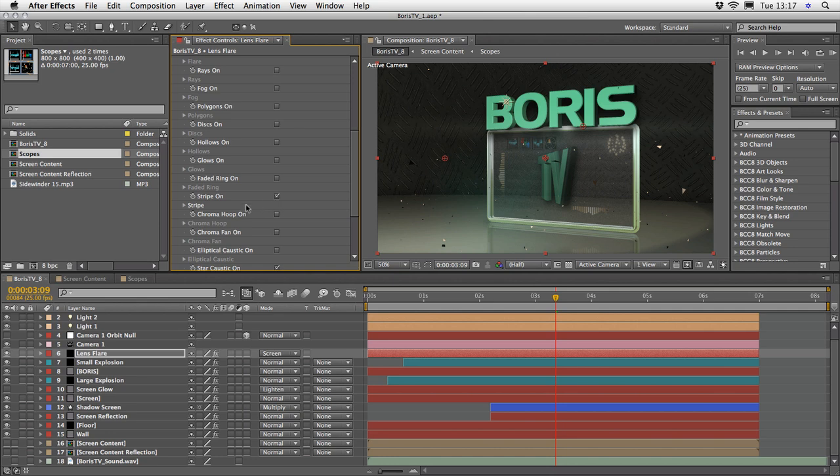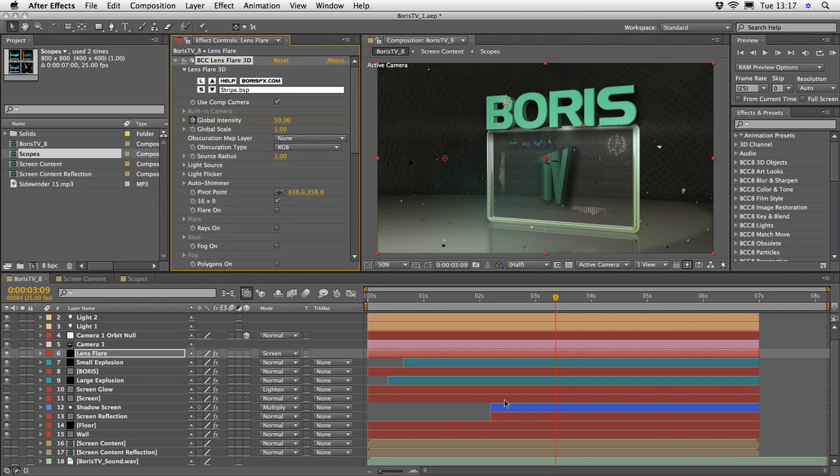leave the stripes on. And of course, under each one of these, you have many parameters to choose from. So this is once again very subtle, but I think it will contribute to the whole atmosphere. And then once everything is in place, I raise it back to 32 bits per channel and created a RAM preview. Now at this point it looks like the screen may need a little bit more attention, so I duplicate